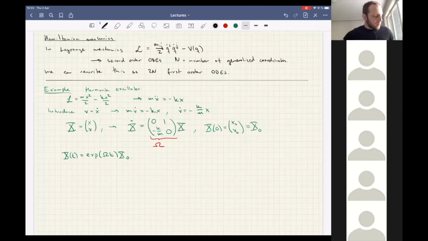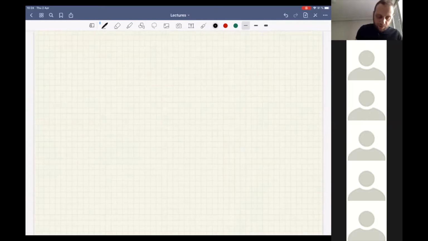Okay, so this was just an example of how you can introduce an auxiliary variable to rewrite everything as a first order system of two equations. As it turns out, a generally better choice for the auxiliary variable